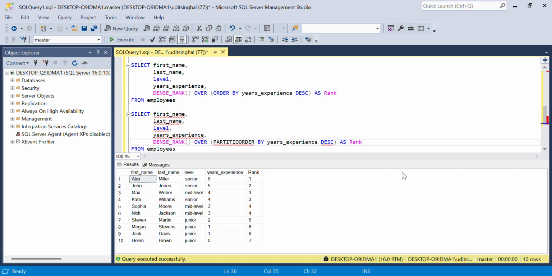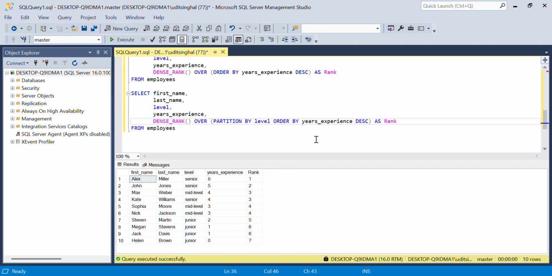If we do partition by level, partitions will get created for these levels, and ranks will be assigned within these partitions. When you move to another partition, say from junior to senior or mid level, you will see that rank restarts from 1. So if I execute this query,